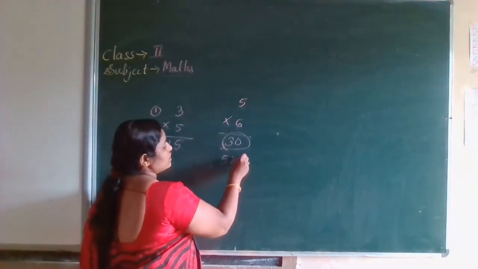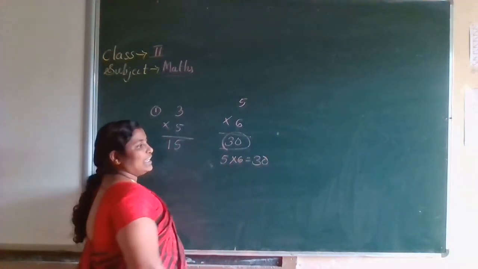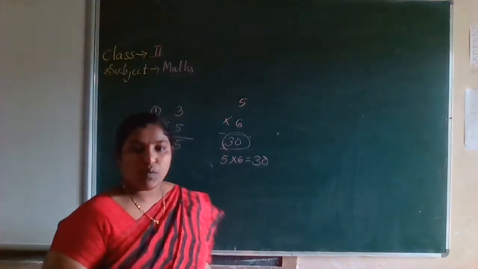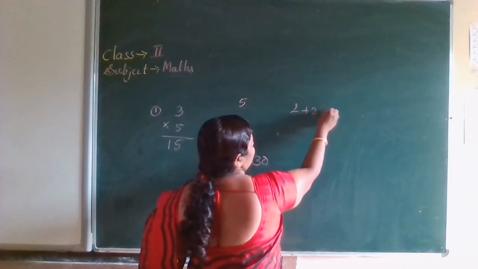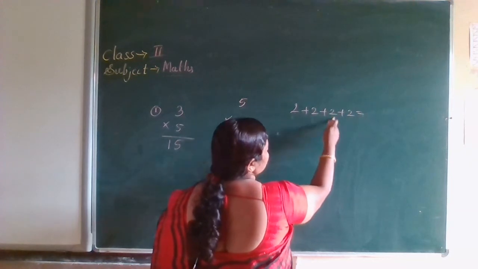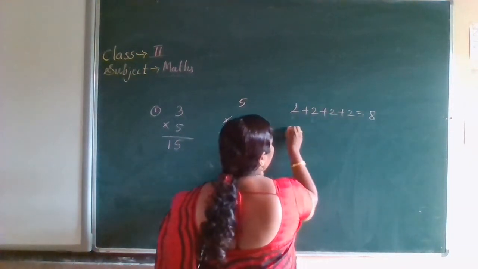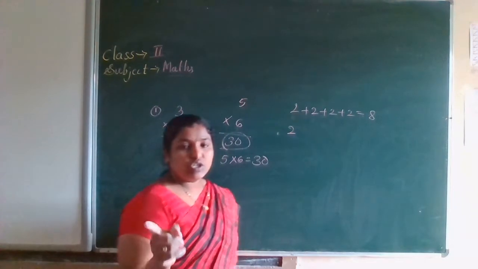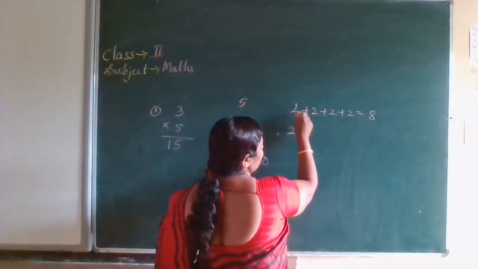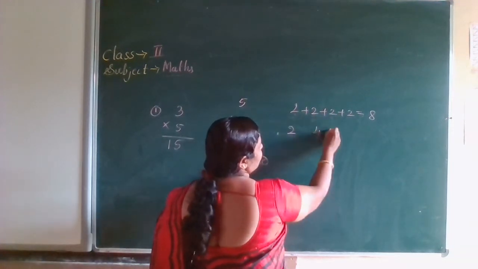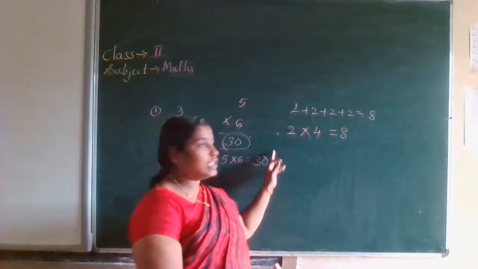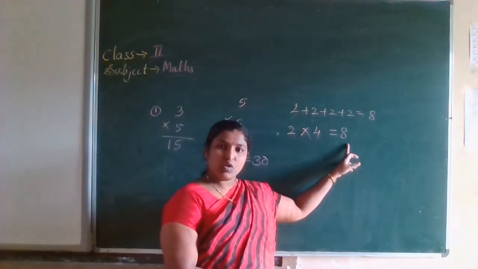You can write the answer like this. Multiplication is nothing but the continuous process of addition. Suppose, see, 2 plus 2 is 4, plus 2 is 6, plus 2 is 8. So it is a continuous process of addition of the same number. How many times have we added 2? 1, 2, 3, 4. So 4 times we have added. The answer we got is 8. That is only multiplication. 2 4s are 8. Got it?